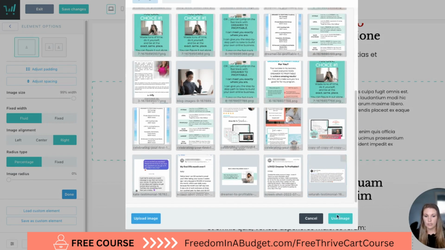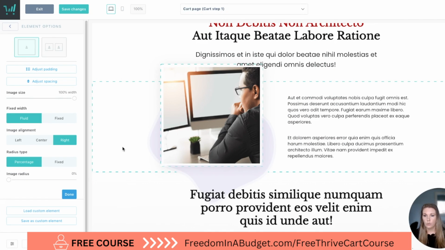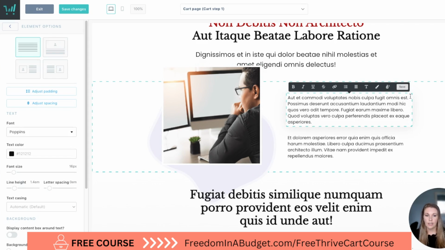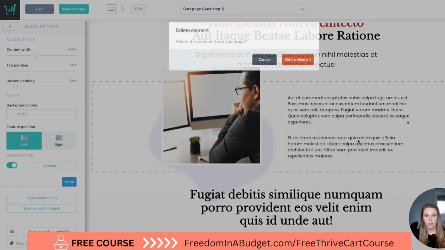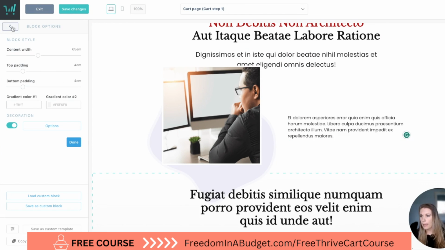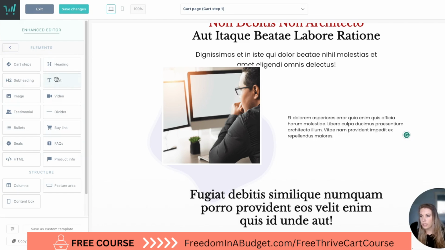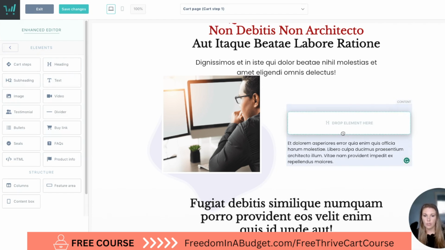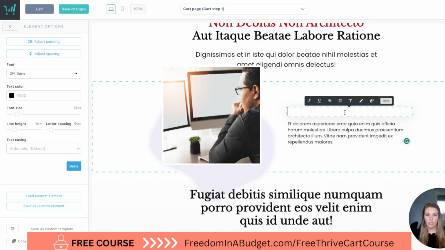And then let's look at this guy's image. We can have this image here, and then I could even go over here, and I'm going to go to block options, elements. I'm going to go to heading and drop a heading in, and I could say over the shoulder